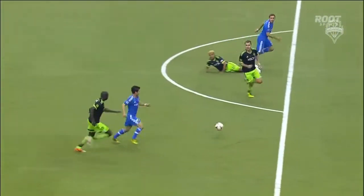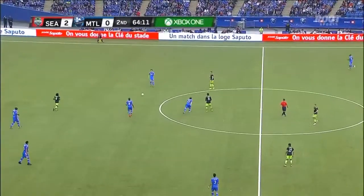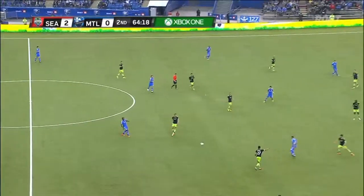Here's a look at the alleged. Felipe's in a good position. You see the push from Traore. Felipe can't believe that the penalty wasn't called. Was the contact outside the box, the first contact? Which is a little bit surprising because a lot of times a referee won't call a penalty, but he'll call a free kick from outside the box. But